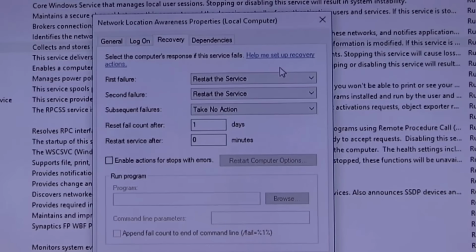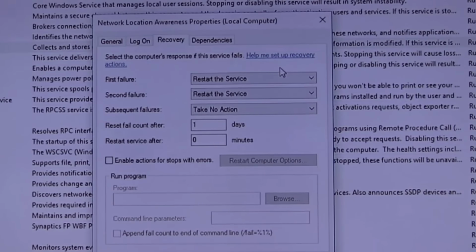Because if I've got a commercial website up, I've got to have that website online all the time. So I can actually build in a set of steps to say, if my web service locks up, restart it. If that doesn't work, restart the whole computer. That's powerful. What software do you have that has that kind of ability?